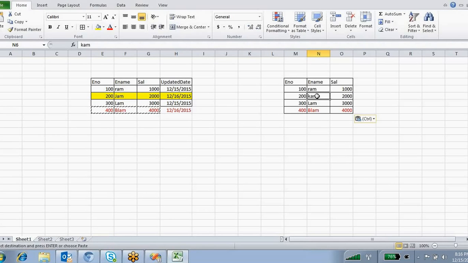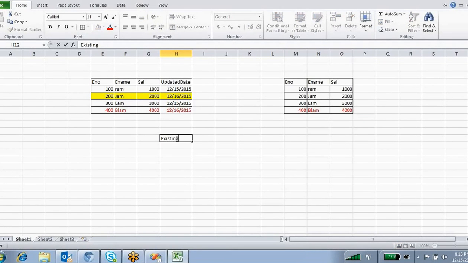So instead of com, we have to make it jam. And if there is any new record coming from the source, and it is not existing in your target table, you have to insert that as a new record.